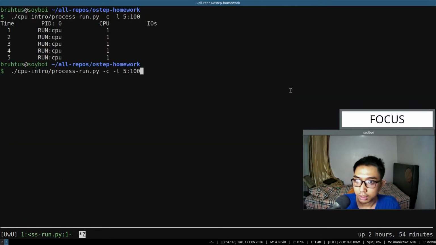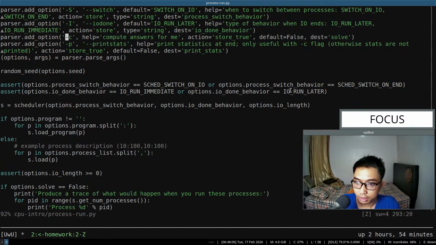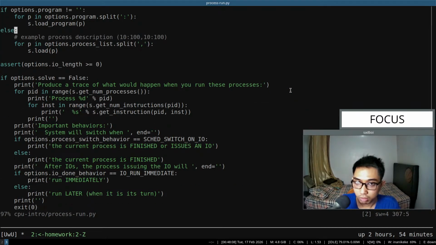So without the test C, we are only printing out the report, something like this. What would happen, like the report of what would happen when we actually execute the instruction, but we are not